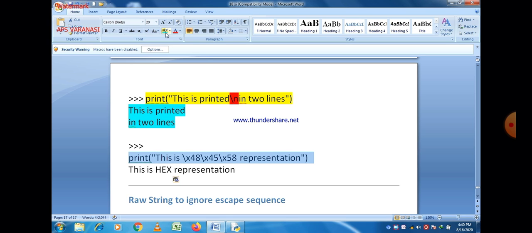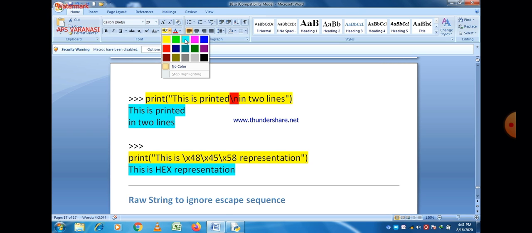So 48, 45 and 58 are the numbers, and these are converted into hex because \x is written before these numbers. So H represents 48, E represents 45 and X represents 58.